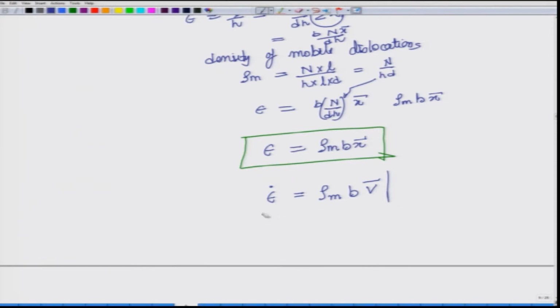So, this derivation has led us to a relation where the right hand side has all internal quantities, and on the left side we have the external quantity, for example, during a deformation process, the strain rate that you apply, and because of that how the density will change or what velocity the dislocations will obtain. So, we can relate the two quantities. It is a very useful relation. Here we also introduce a term, velocity. So, let us try to understand a little bit about the velocity of dislocations.